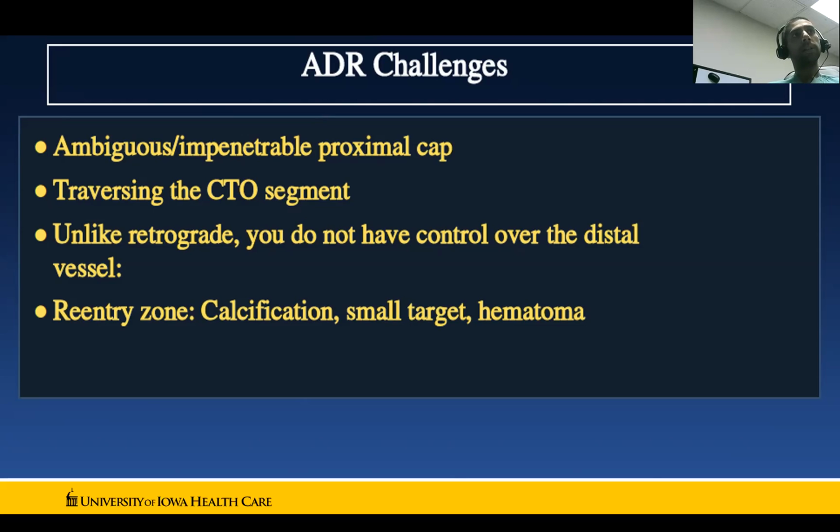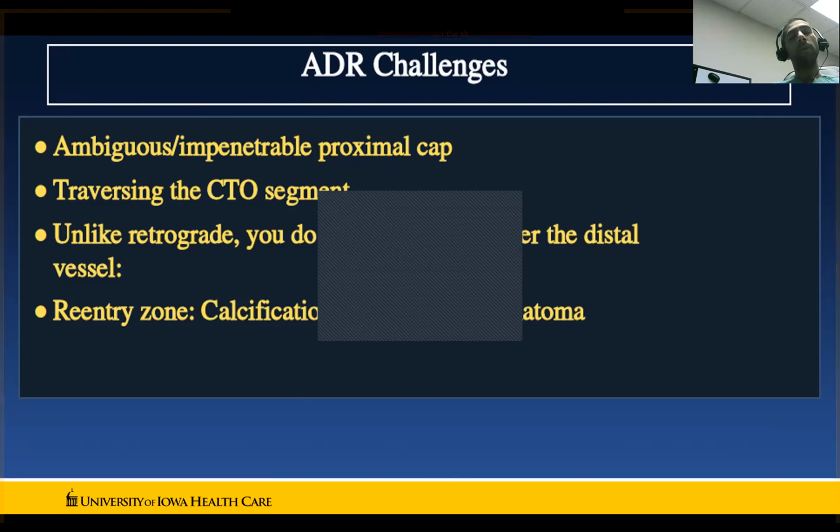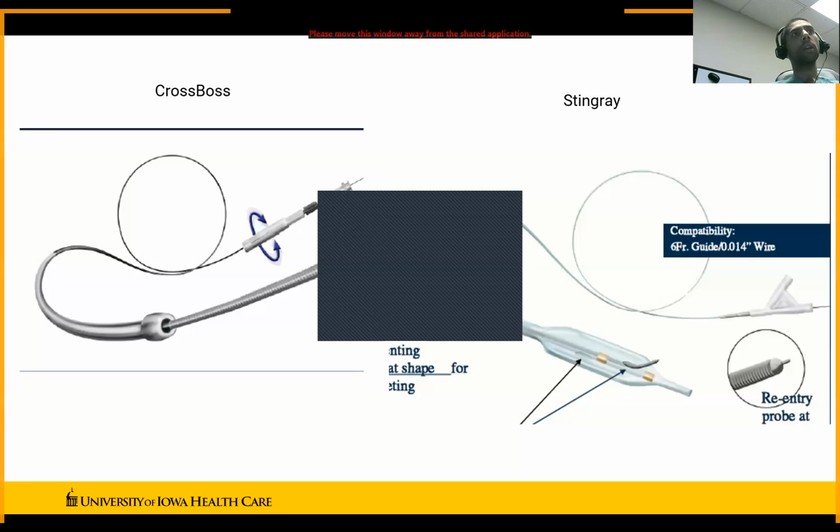Problems with it: unlike retrograde, you do not have control of the distal vessel. So you have to be able to re-enter the distal vessel, and you need to know how to do that. So if your re-entry zone is calcified, the vessel is small, or you end up creating a hematoma, these could be problems for antegrade dissection re-entry. These are the two that we use most often. There are cases that we do not use these, but these things have made our life much easier